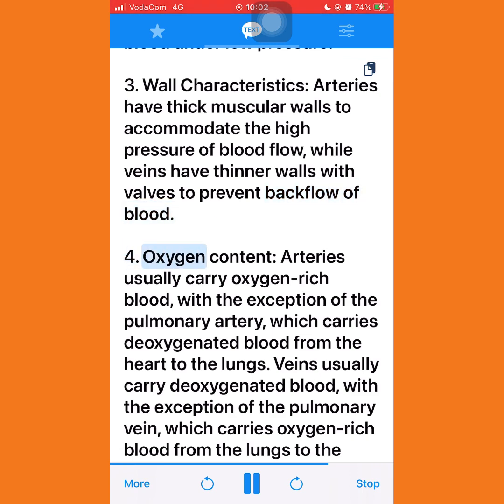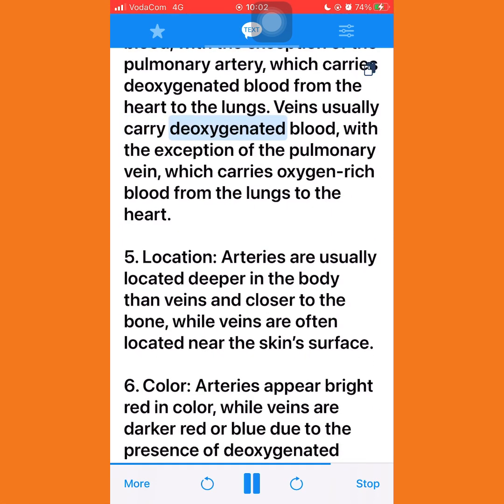4. Oxygen content. Arteries usually carry oxygen-rich blood, with the exception of the pulmonary artery, which carries deoxygenated blood from the heart to the lungs. Veins usually carry deoxygenated blood, with the exception of the pulmonary vein, which carries oxygen-rich blood from the lungs to